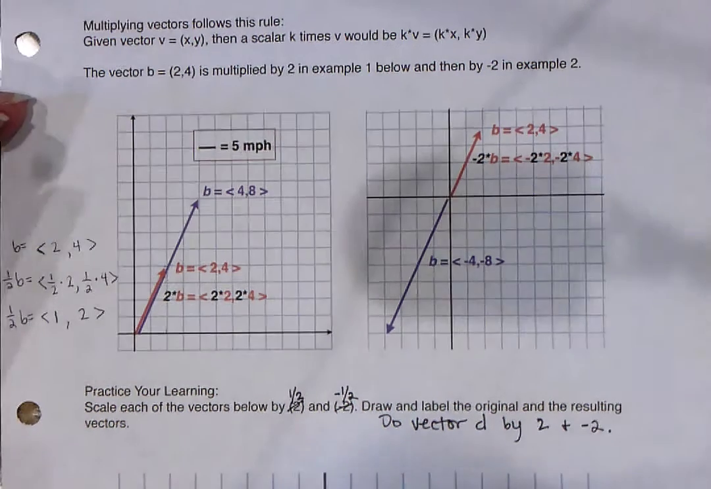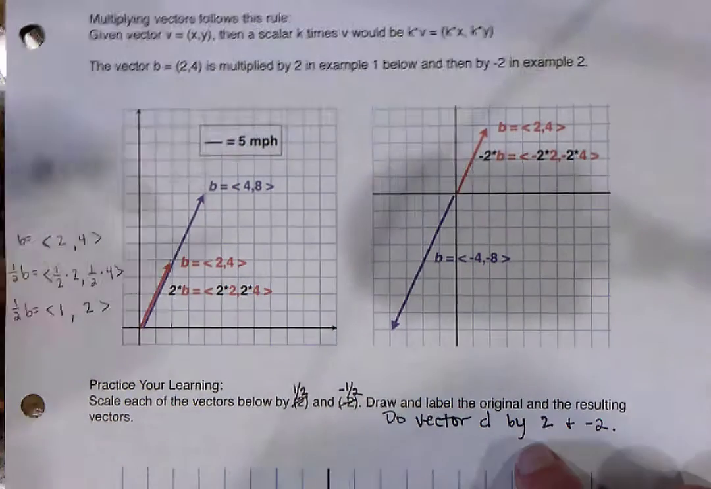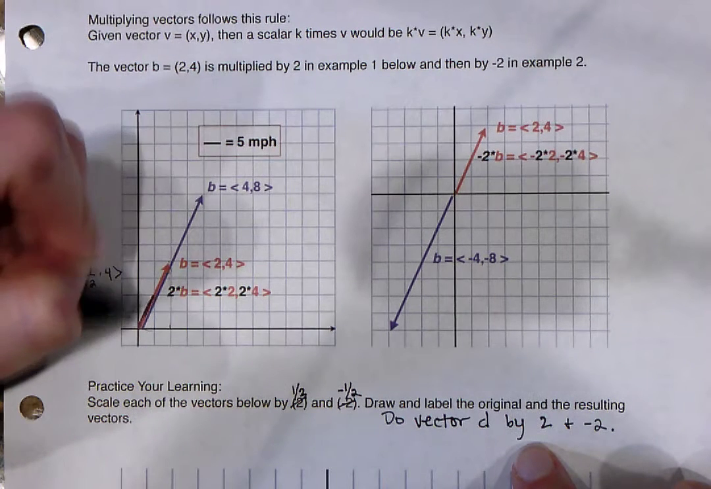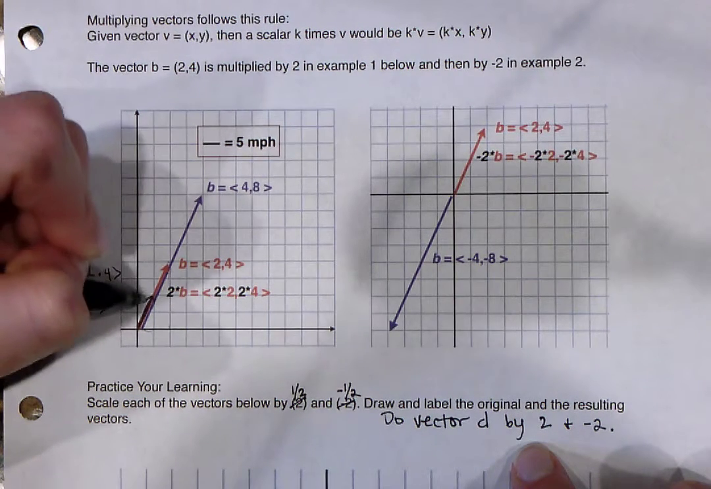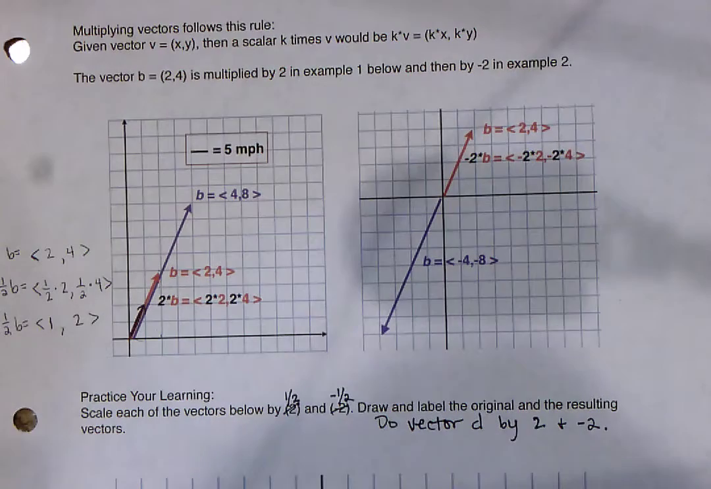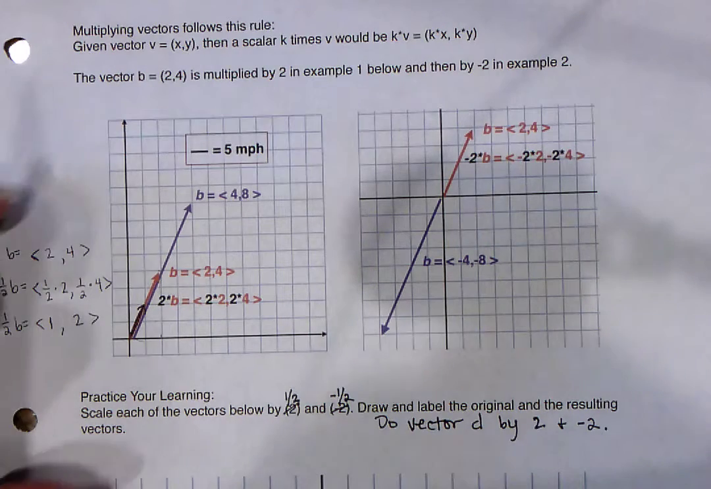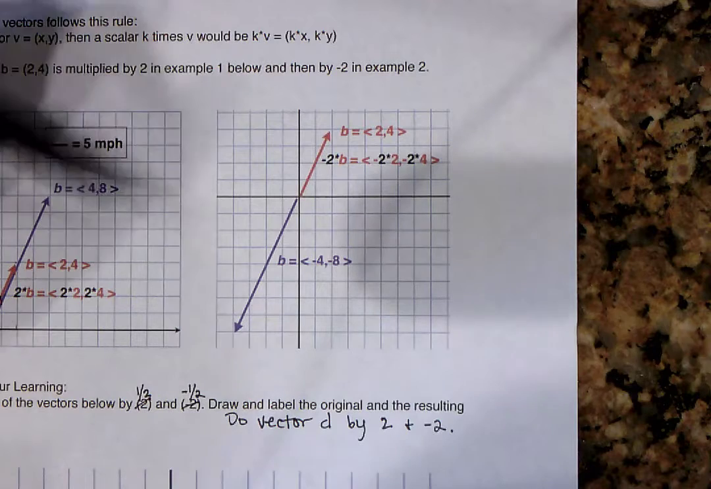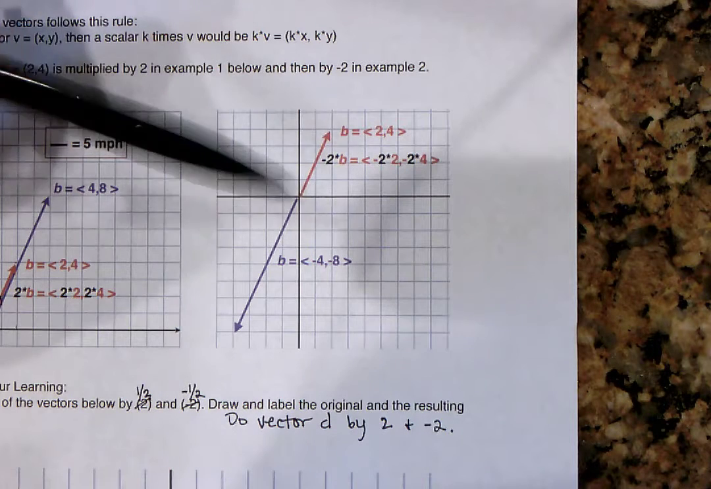So our new vector is over 1, up 2. It looks like this, and it is half as long as the red one. Okay? So that's how you do that. So now, on to multiplying by negatives. It's really the same thing, except instead of